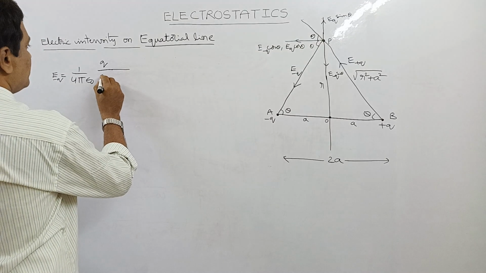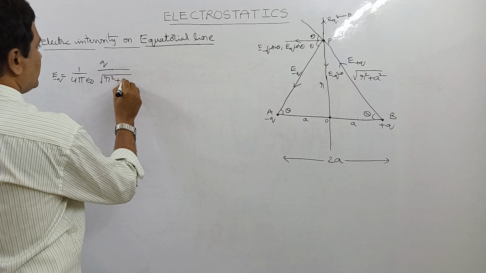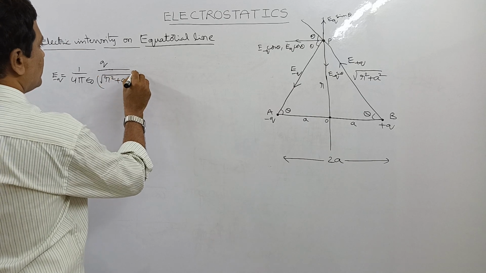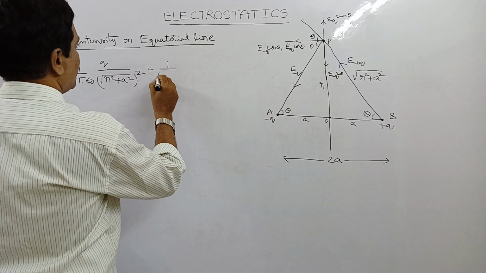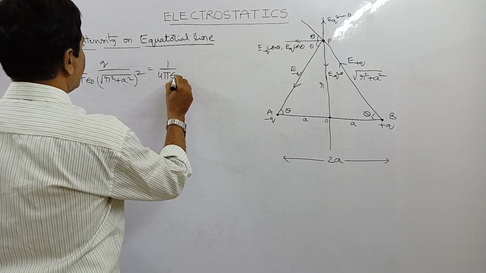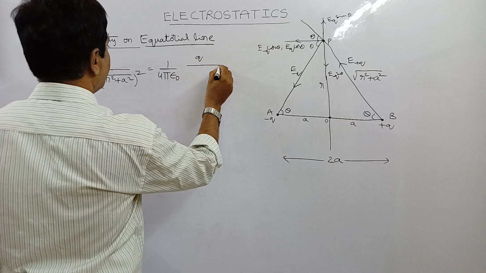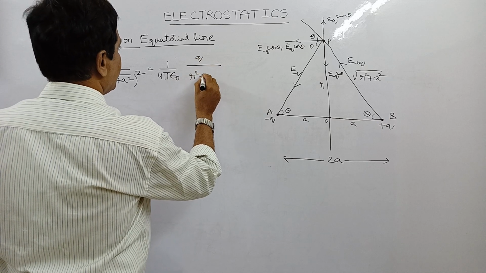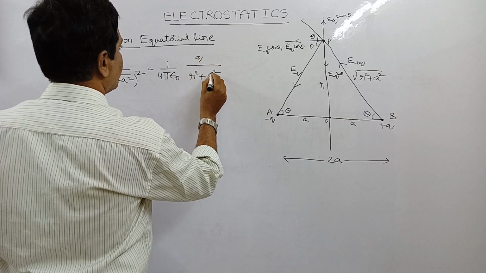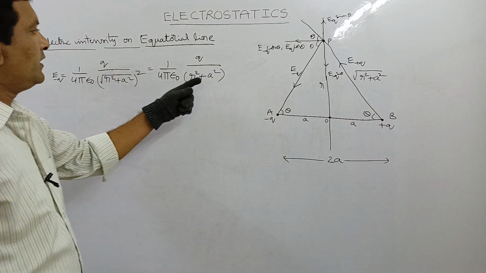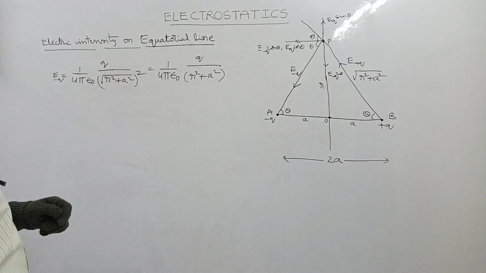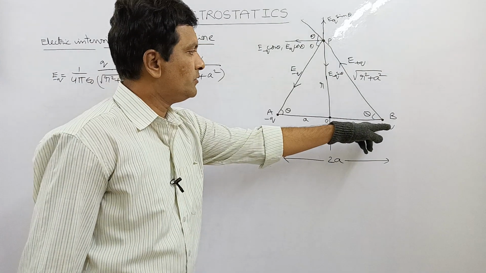Root of R square plus A square whole square. Right? That means it becomes 1 by 4 pi epsilon naught Q by R square plus A square. Okay, R square plus A square. So electric field due to this